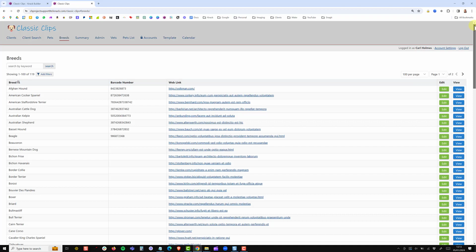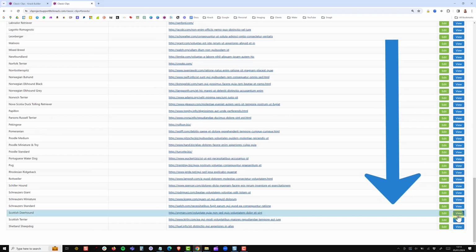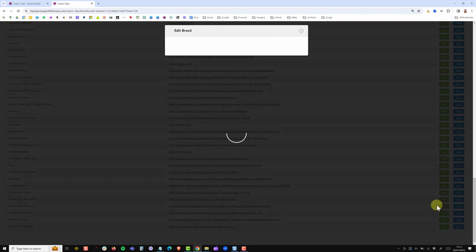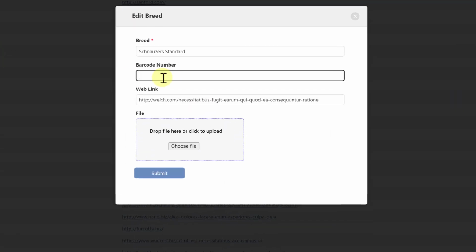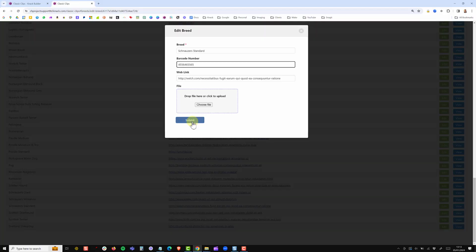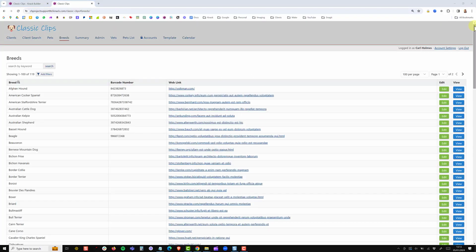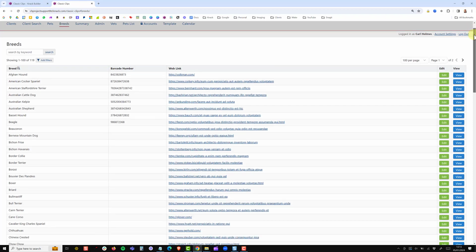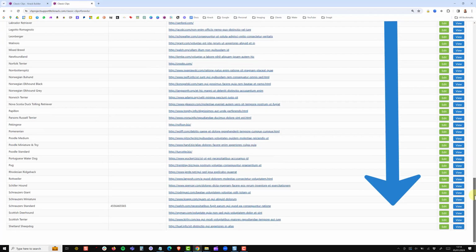Do you have long tables in your application where you have to scroll right down to the bottom to be able to make an edit? Are you using modal pop-up forms to make your edits, which once submitted, redirect back to the parent page? If so, you'll be familiar that when you click the submit button, the page will re-render, taking you back to the top of the list, and then I have to scroll all the way back down again to edit the